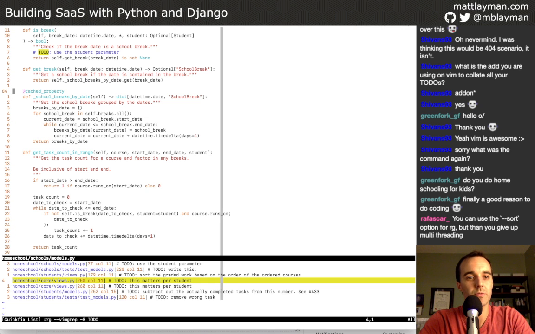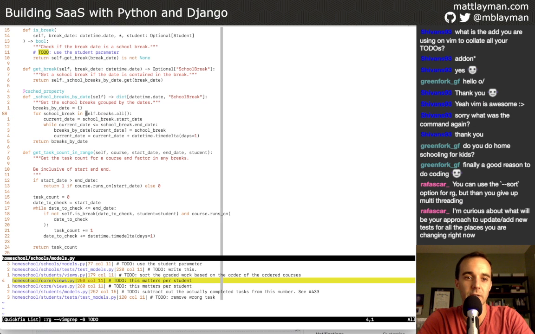So this property is useful in that it's looking through all the breaks, but we're going to basically need to change the all to be a filter that looks for the school breaks that don't have any many-to-many records associated with it. So that's going to be a school break that just applies to all the students. And then school breaks that do have the many-to-many, because that'll be specific to that student.